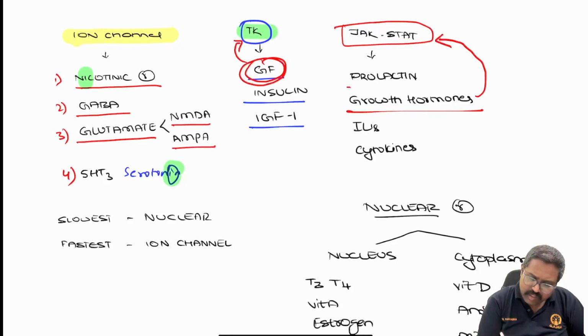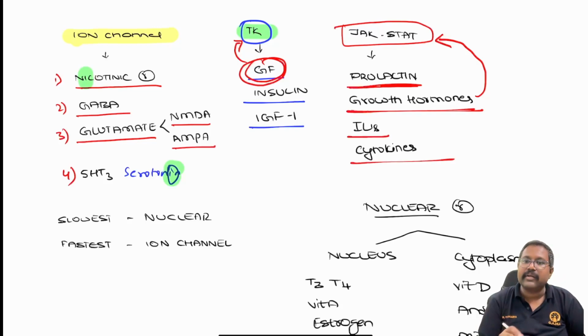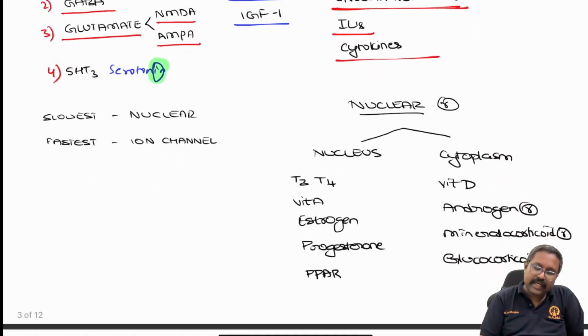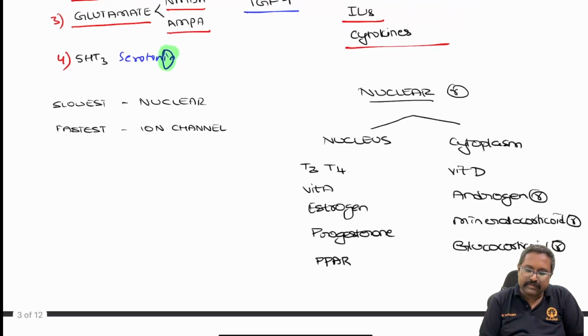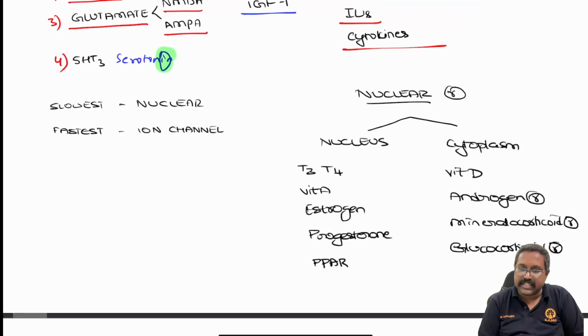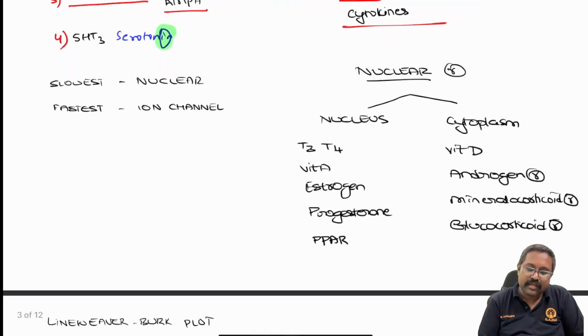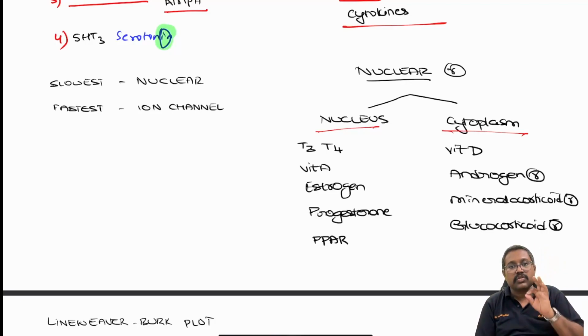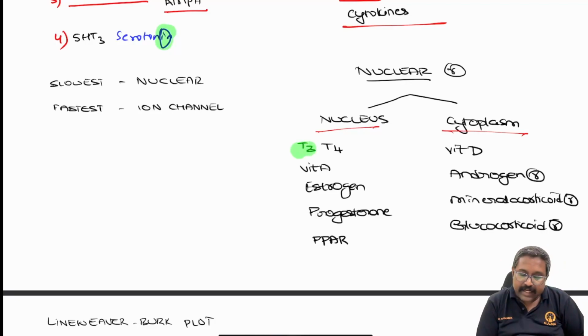Then we have prolactin and growth hormone. We have inflammatory mediators like the interleukins and cytokines. And one more thing you should remember, very very important, is the nuclear receptors. It can be divided into nucleus and cytoplasm. Under the nucleus we have hormones. Which hormones? We have thyroid hormones T3 and T4. We have sex hormones, that is estrogen, progesterone, and testosterone, and we have PPAR as well as vitamin